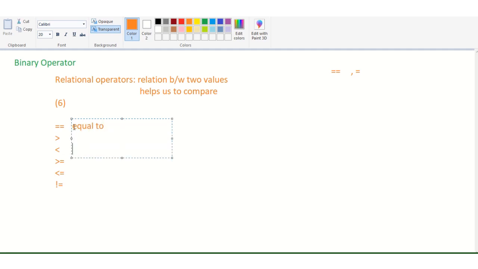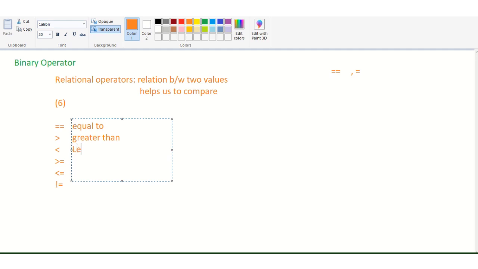Next one is the greater than. This checks whether the number at the left side is greater or not. If it's not, then it returns the result as 0, right? Always check the left side, greater or less, same as greater than and less than also.